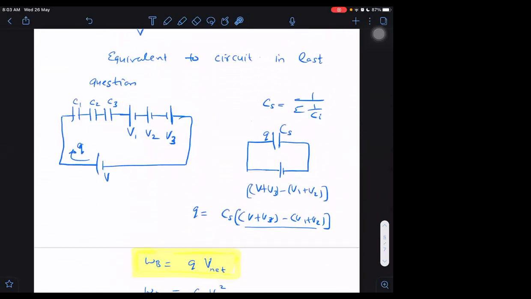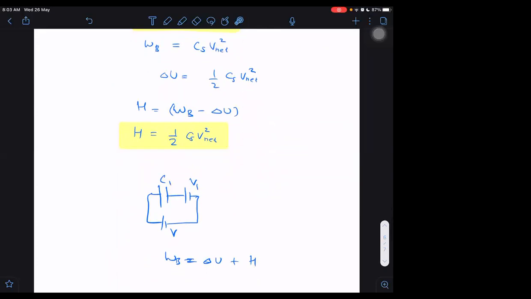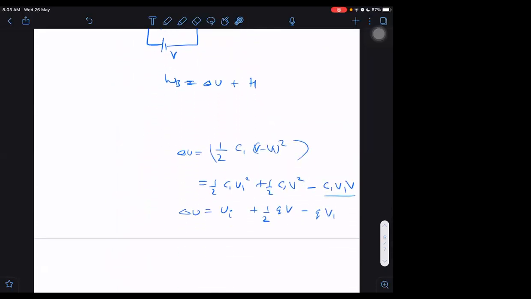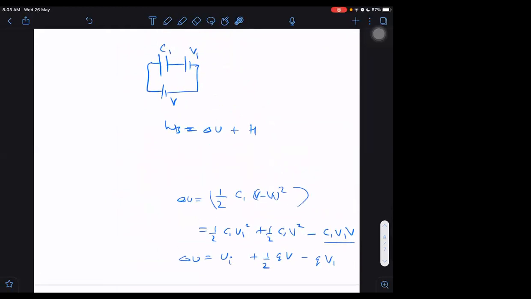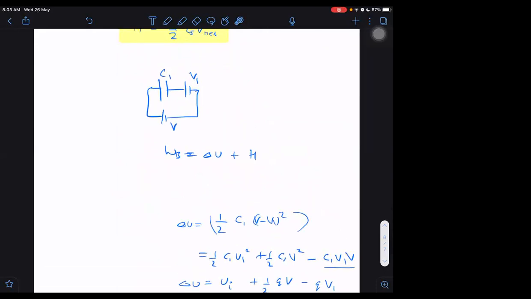And here I'm getting something different, I think. This will not work right. Here we are getting minus. Sir, there, while you have written V minus V1, C1 into half C1 into V minus V1 whole square. It is V, it is V1 here. So effective is V minus V1.